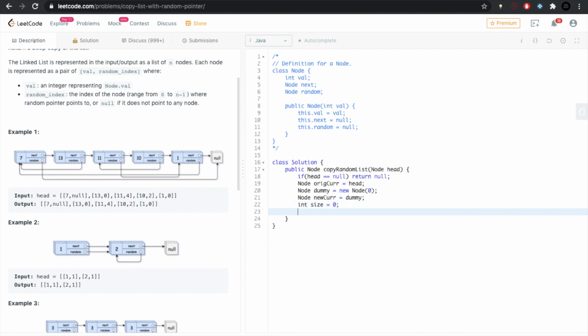Now what we want to do here is traverse each node of the original linked list, start creating its corresponding nodes in the new list, copy the data from the original nodes to the new nodes, and start chaining the new nodes.